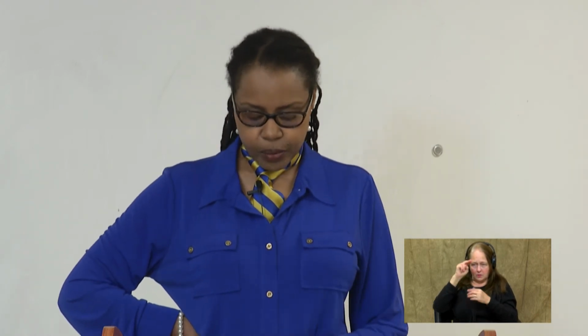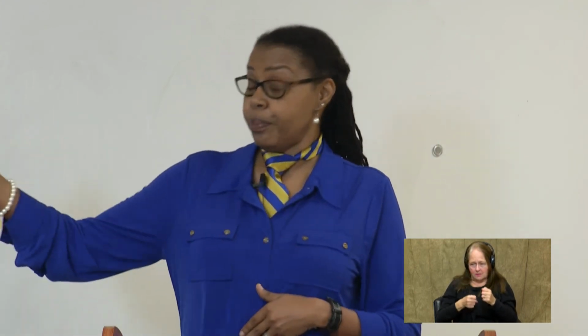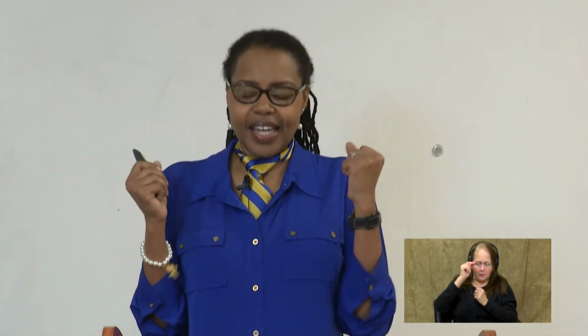So in 1960, members of this group called the National Liberation Front, and they were North Vietnamese members, had recruited people in South Vietnam that were opposed to the leader in South Vietnam to fight against the South Vietnam government. So it's kind of like a quagmire. People are just kind of choosing sides and things like that. The South Vietnam leader knew that he was losing support, and people in the South were helping people in the North, and things just kind of came to a head in November of 1963.